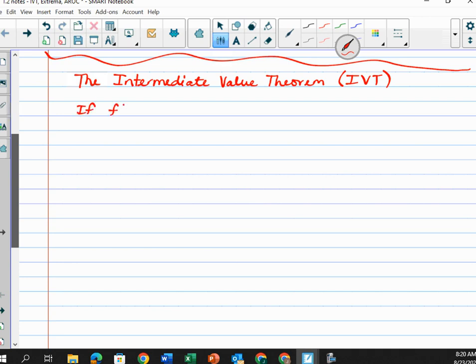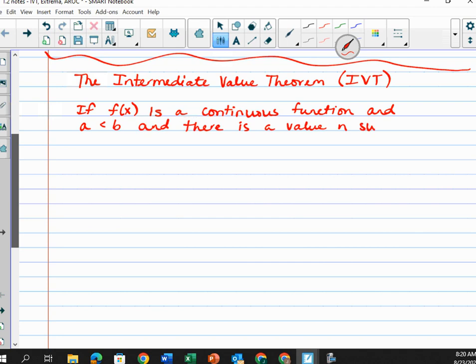If f of x is a continuous function and a is less than b, and there is a value n such that n is between f of a and f of b,